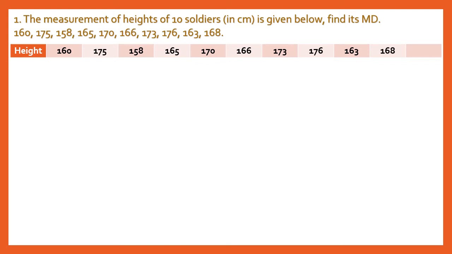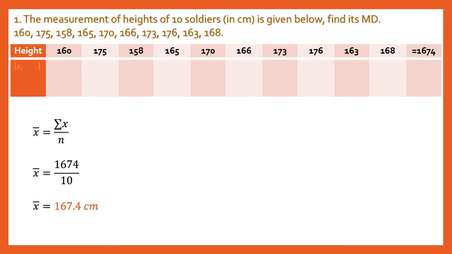and then I will make a total of all the heights. Because there is no frequency here, we are directly going to make a total of the variable, which is 1674. So the total of the variable here is 1674, and before I can calculate mean deviation, I need to calculate the mean for the sake of calculating the deviations from the mean. So the mean here will be x bar is equal to summation x upon n, that is the total of all the observations divided by the number of observations. As you can see, 10 soldiers are there, so 1674 divided by 10 will be 167.4 centimeters, the mean of the heights.